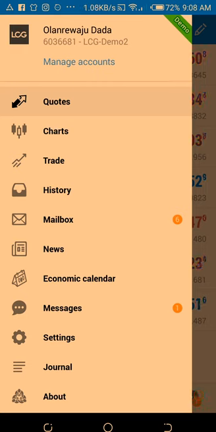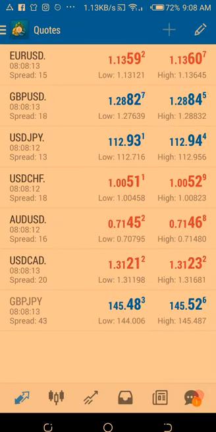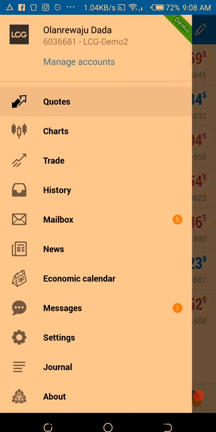I already have an account. So usually, if you don't have any accounts open in your MetaTrader 4, it's going to be quite blank. You would have to come to the top left corner and click the menu button,